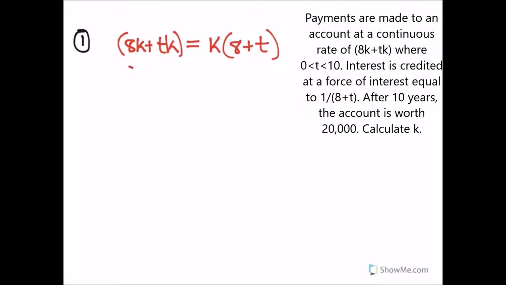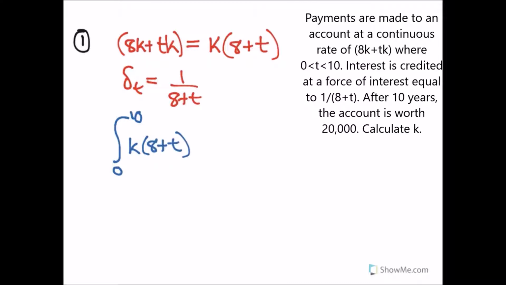Interest is also dependent on t. We've got our force of interest as it relates to t of 1 over 8 plus t. Because both the payment and the interest are in terms of time, we know this is going to be an integral within an integral. So it's going to be from time, it's for 10 years, so from time 0 to 10 of the payment structure, so k into 8 plus t. And then it'll be e, because we're compounding continuously at the force of interest, of 1 over 8 plus t